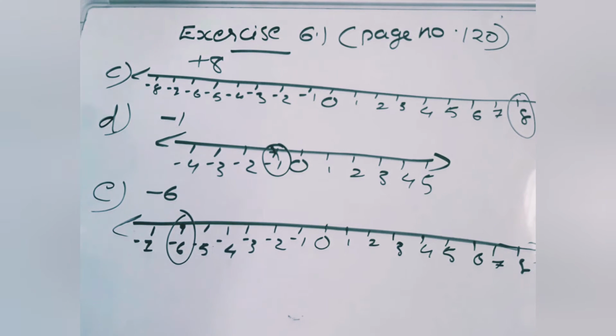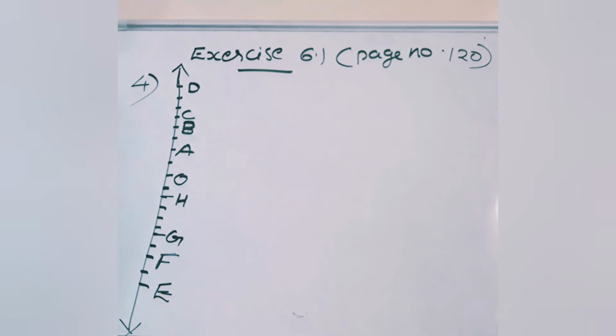Now let's see how to do question number 4. There you can see a figure, a number line is given on the right side of the page. I will draw the number line and explain, and accordingly we have to answer question number 4. So when you learn this, you have to open your page number 120 also. I hope all of you have the NCERT textbook. Question number 4, you can see this figure in your textbook, right?